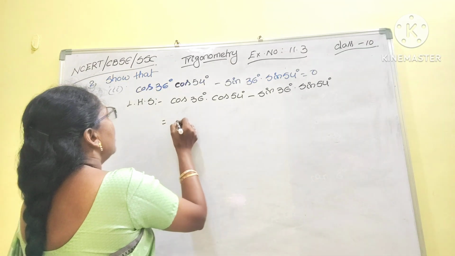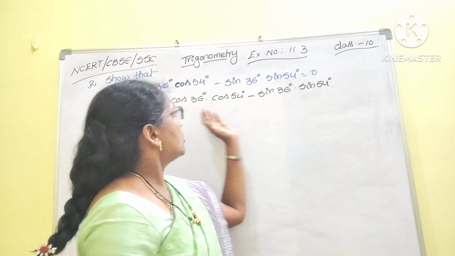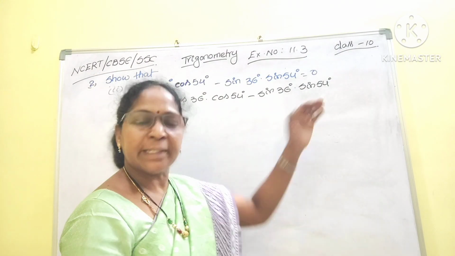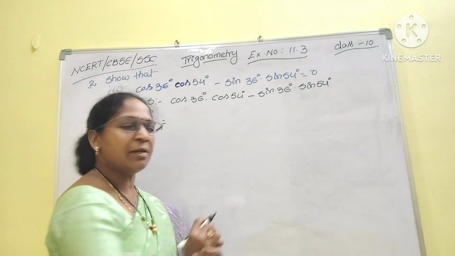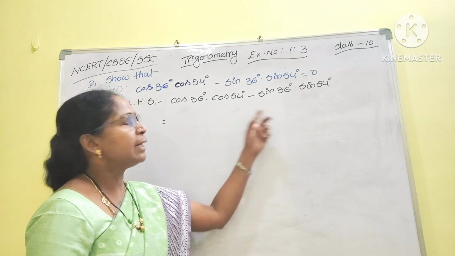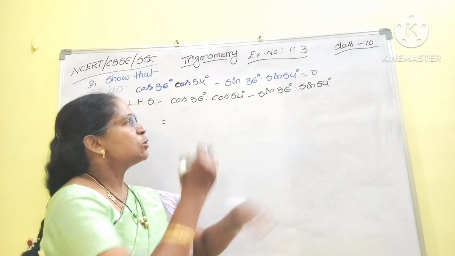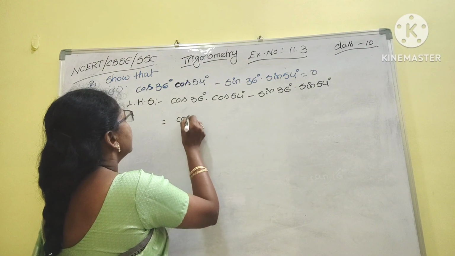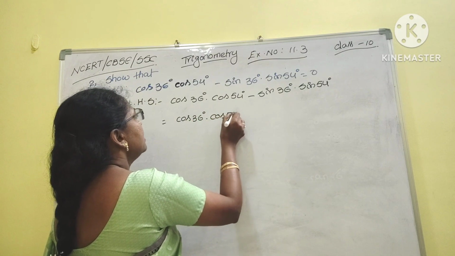Now write down. First one I am taking. Here two terms are there. So the first term is in terms of cos and the second term is in terms of sin trigonometric ratios. Both are different. If both are the same, then you can cancel the terms and you can show that the entire value equals 0. So try to write like this. So here first one I am writing as it is: cos 36 degrees into cos 54 degrees